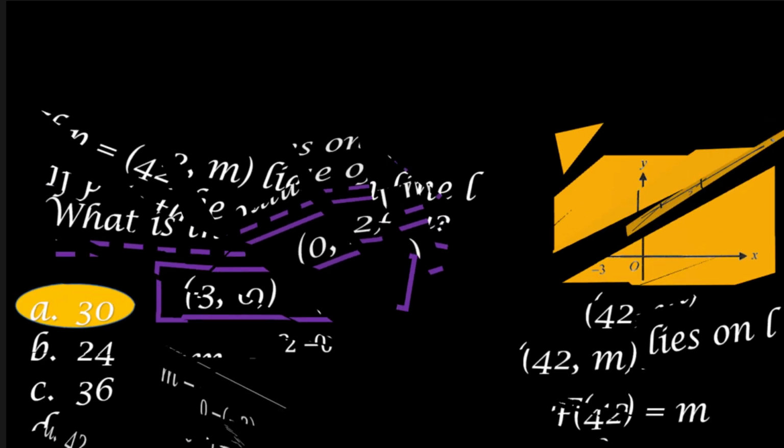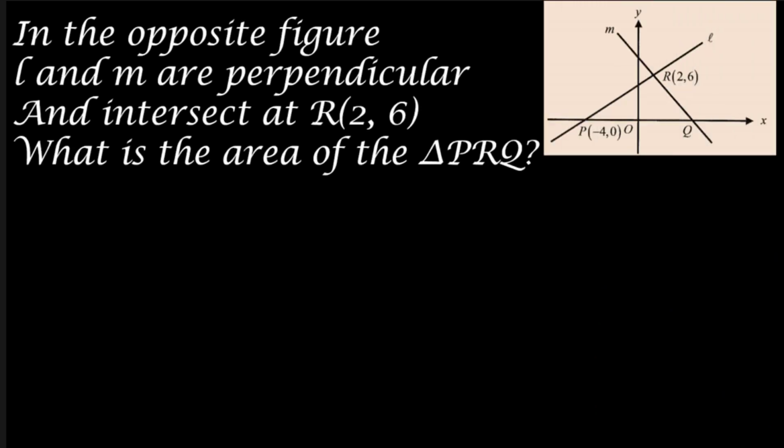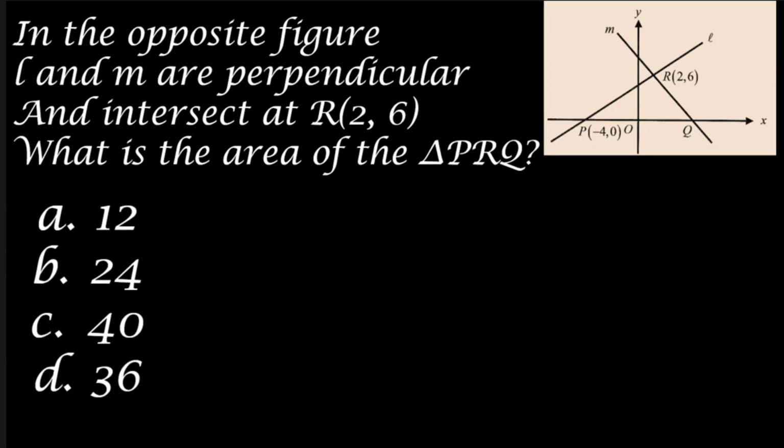Let's have another example. We have here a figure in which two straight lines intersect at the point R 2, 6, and we have here points P and Q. He said in the opposite figure L and M are perpendicular, so we have two perpendicular lines, and the intersection point is R. What is the area of the triangle